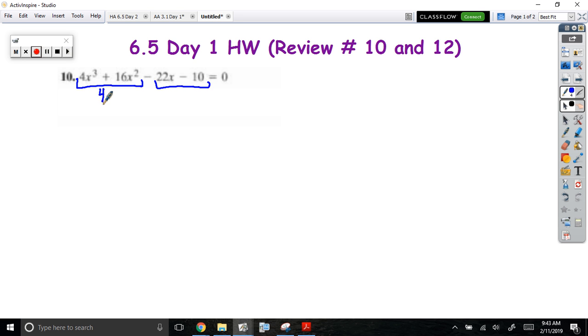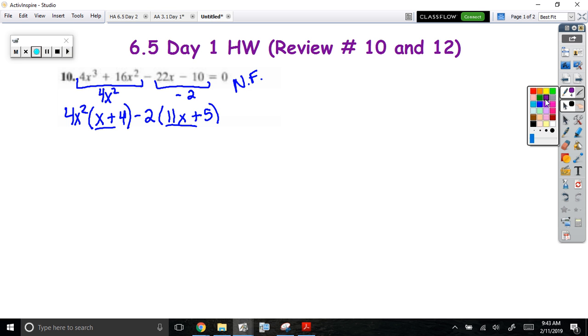So we could take out a 4x squared. We could take out a negative 2. So because these are not the same, that tells me it is not factorable. That does not mean it's not solvable, it means that it's not factorable. Okay? So we then need to list our possible rational roots,